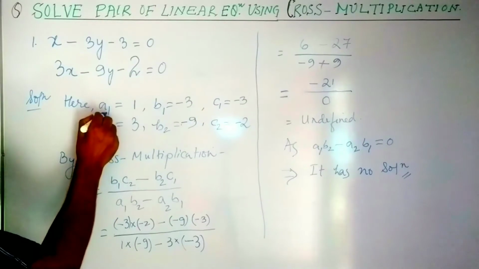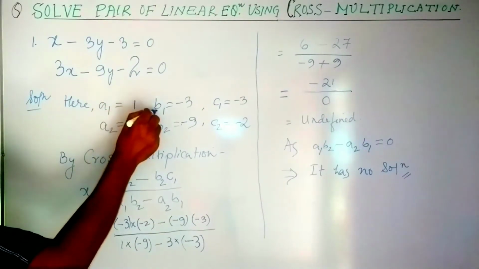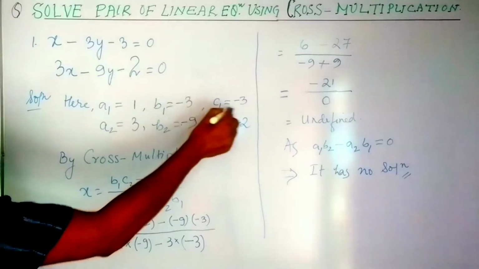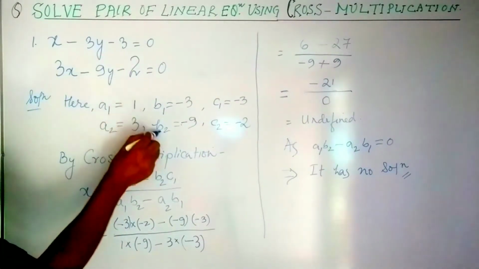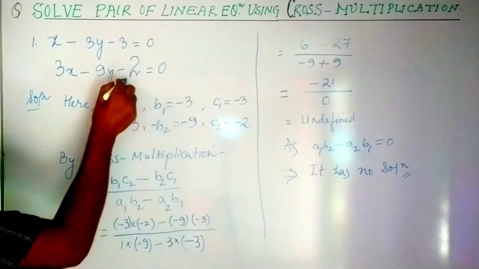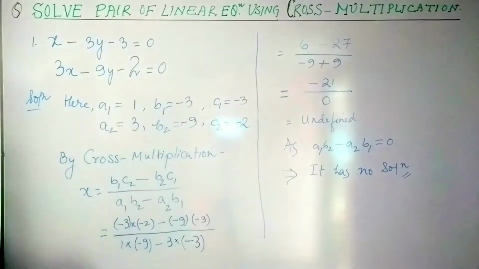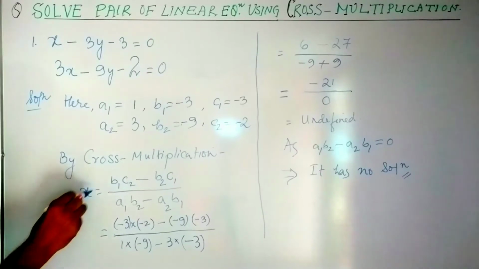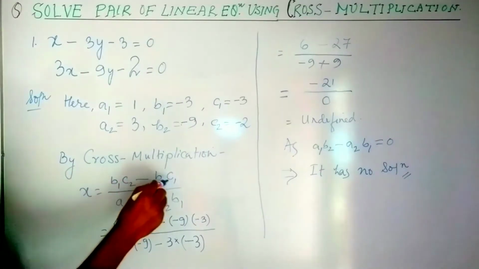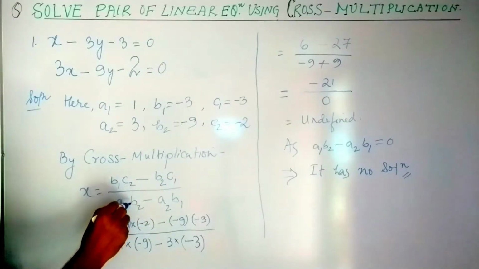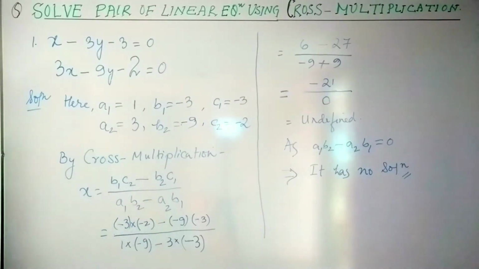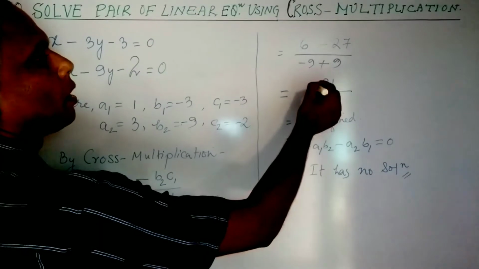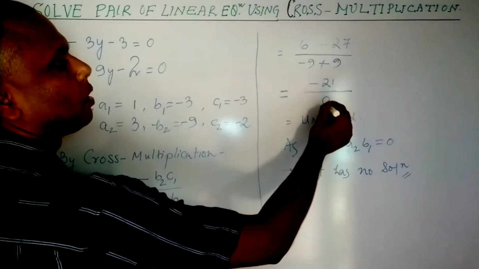And we get the values: a1 is 1, b1 is minus 3, c1 is minus 3, a2 is 3, b2 is minus 9, c2 is minus 2. So by cross multiplication method, we have x equal to b1 c2 minus b2 c1 by a1 b2 minus a2 b1. We put the value and calculate it, and we see that it is minus 21 by 0,